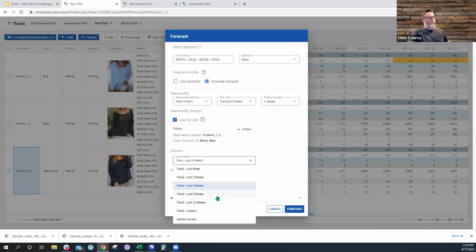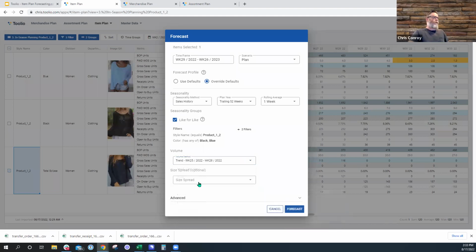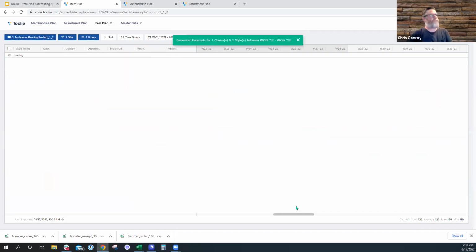So it was like March week 5, which was week 9 total. So you can do all that where you use the trends from a particular range. It doesn't always have to be leading up to your first forecast. All right, so let's do it with the last 8 weeks. And now I have a forecast